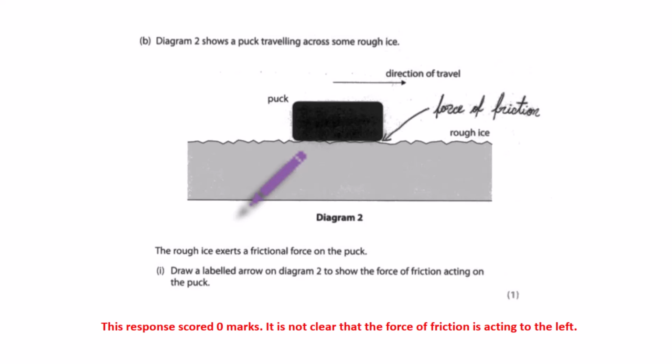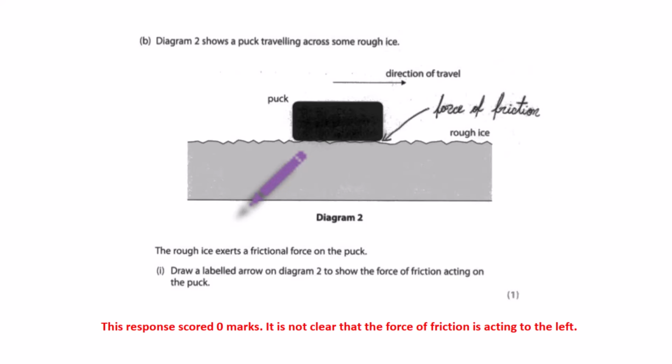The next one, the diagram 2 shows a puck traveling across some rough ice. The rough ice exerts a frictional force on the puck. Draw a labeled arrow on the diagram to show the force of friction acting on the puck. This was just a 1-mark question. But unfortunately, this student scored 0 marks as it is not clear that the force of friction is acting to